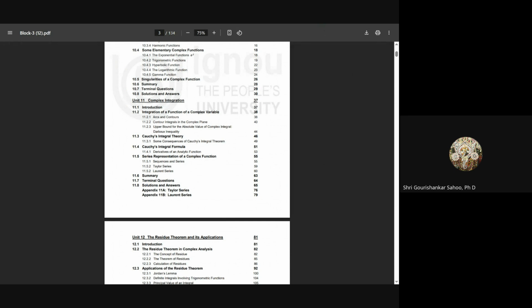So let us have some other important things in mathematical physics course. This is group theory. So you see,